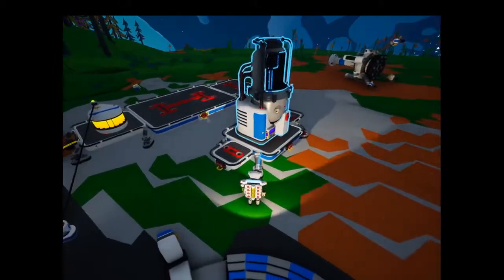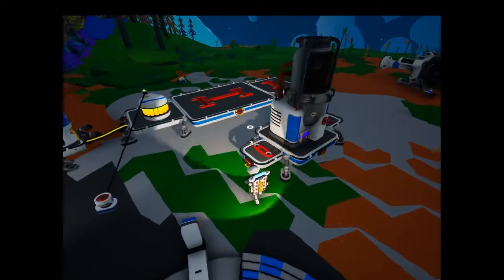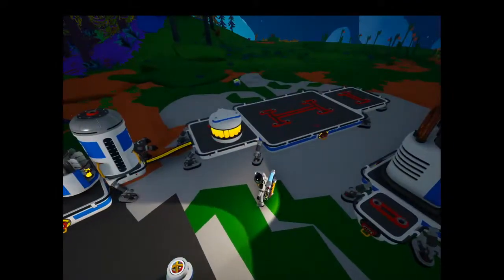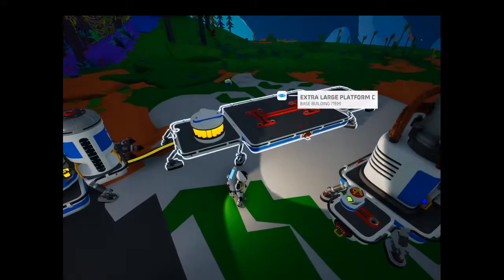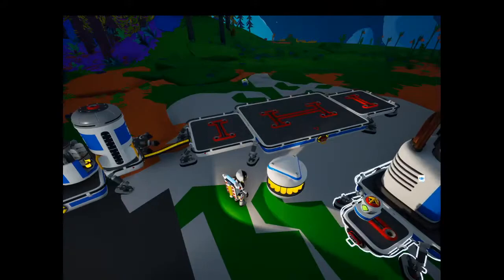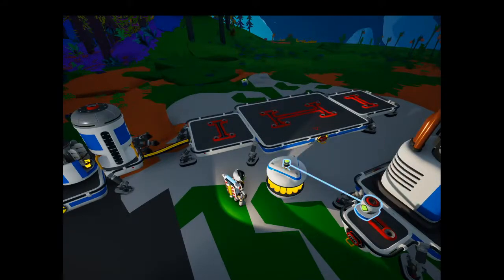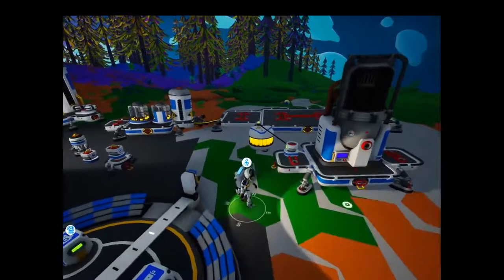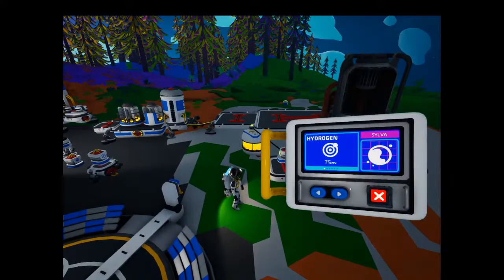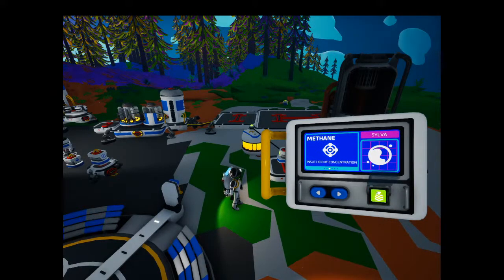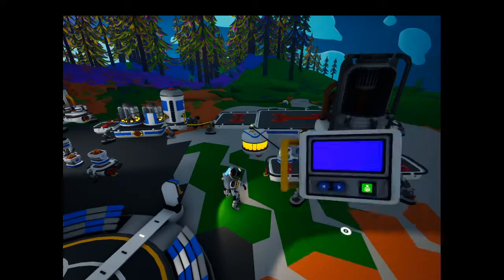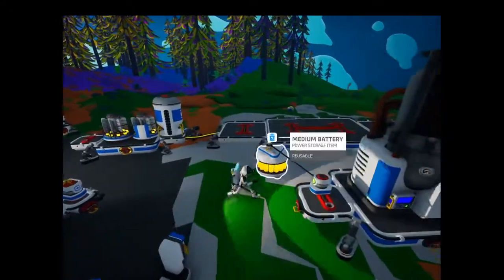So our atmospheric condenser's here, and I'm going to put this here. It's saying it's only going to work when there's power. Now this is not going to be connected to power, so let's see what happens. Definitely nitrogen here, so no, nothing. And so it's acting like there's no power. So if I take this and I put it here,